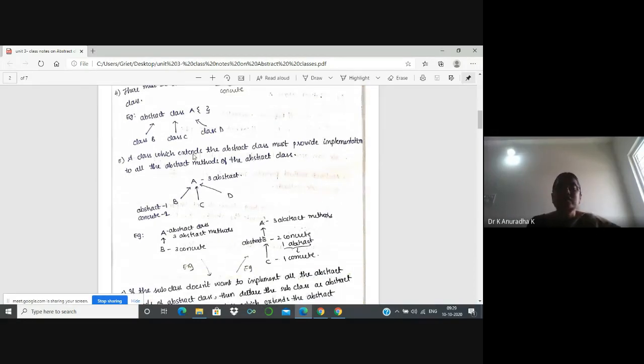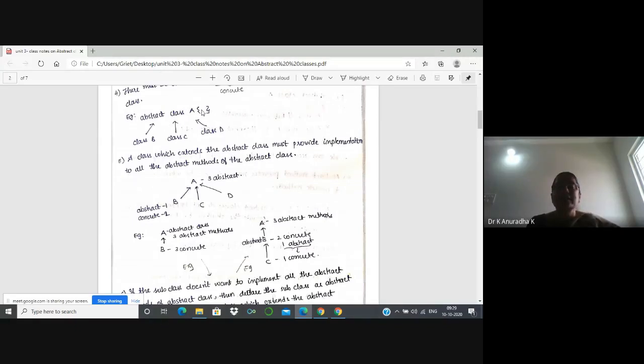Next, a class which extends the abstract class must provide implementation to all the abstract methods of that abstract class. This is an important point. So here B is the subclass of A. So what is the role of this subclass B? It has to provide the implementations to all the abstract methods of the abstract class.